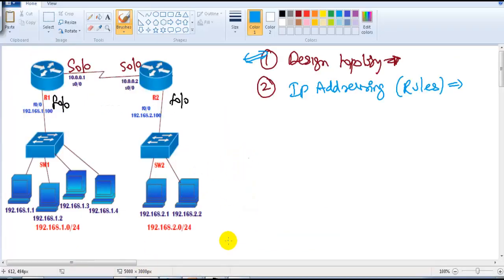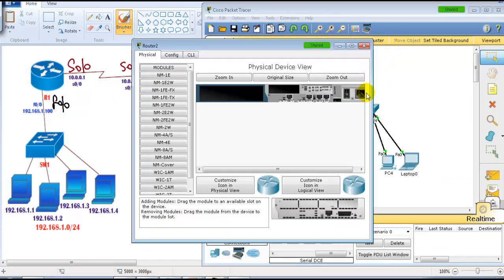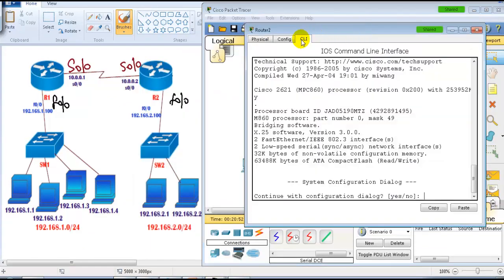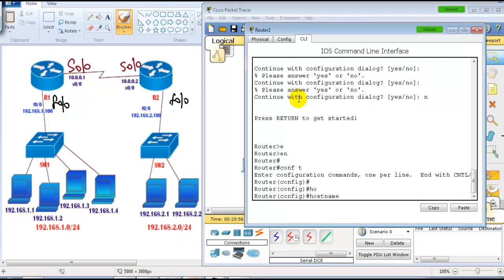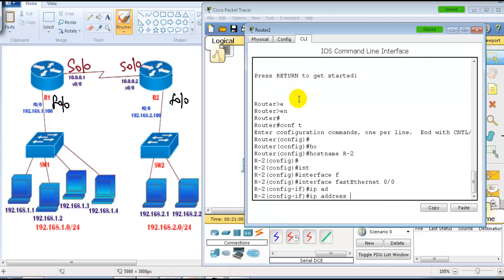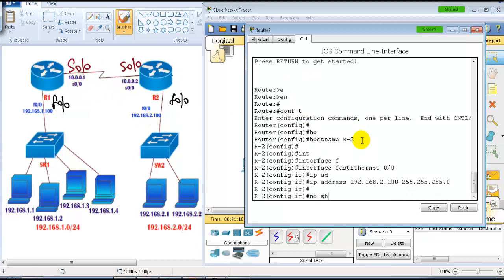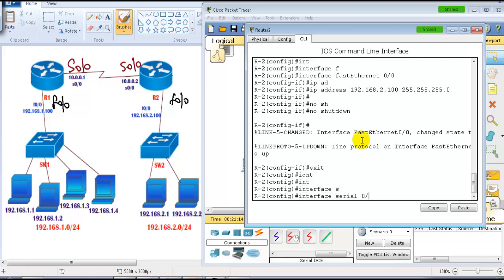So once you are done with this on router 1, let's go to router 2 and do the same thing. Go to router 2, go to the command line, and on router 2 you go to hostname R2, interface FastEthernet 0/0, and then the IP address is 192.168.2.100. If you see on router 2, 2.100, and then we need to send the no shutdown command,